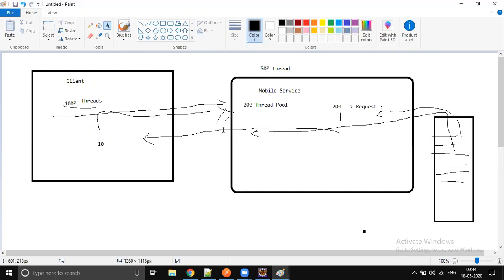Okay, so all these things I explained just to make you understand why we need reactive programming. In reactive programming, we don't increase the thread count. We efficiently use existing threads, so all these 200 threads we will properly use. We don't make these threads sleep. If any thread is going into sleeping mode, then the server will allocate the task, but we need not worry about it, right?